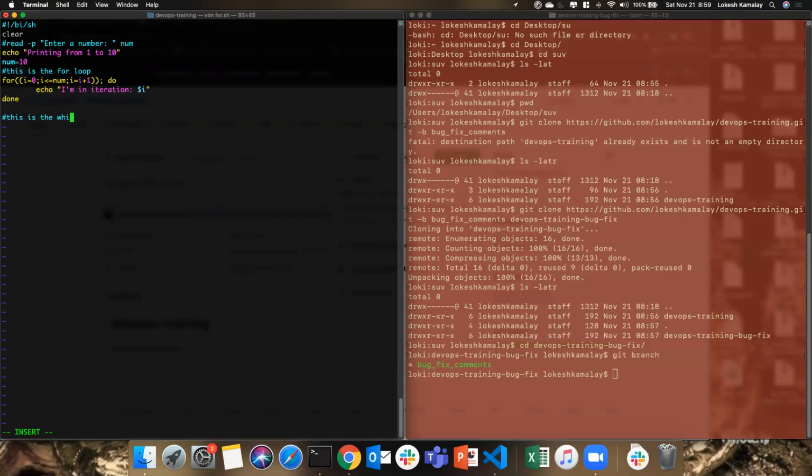This is the while loop. While I less than or equal to num,